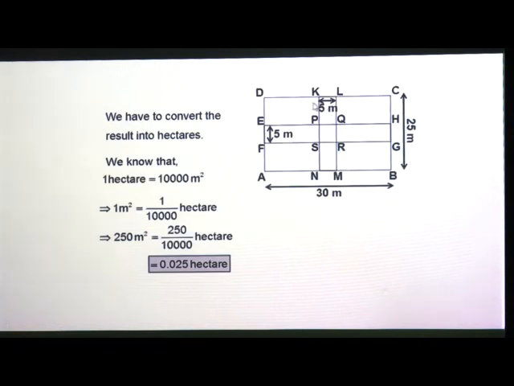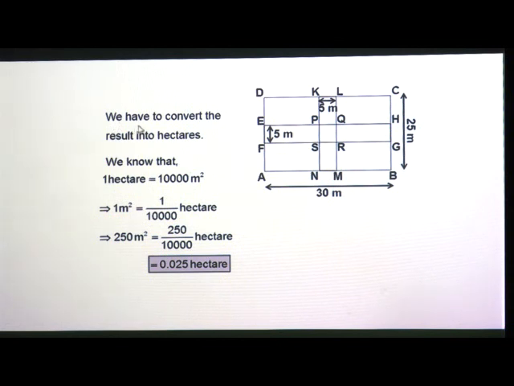So, this is the same figure that was there at the start of the problem. You might be thinking it is very lengthy. No, it is not very lengthy. I had explained in detail. Once you get the idea of how to solve, it will be very easy when you get the concept clearly. So, what had we done? We had found KLMN, we had found EFGH, and we had found PQRS.